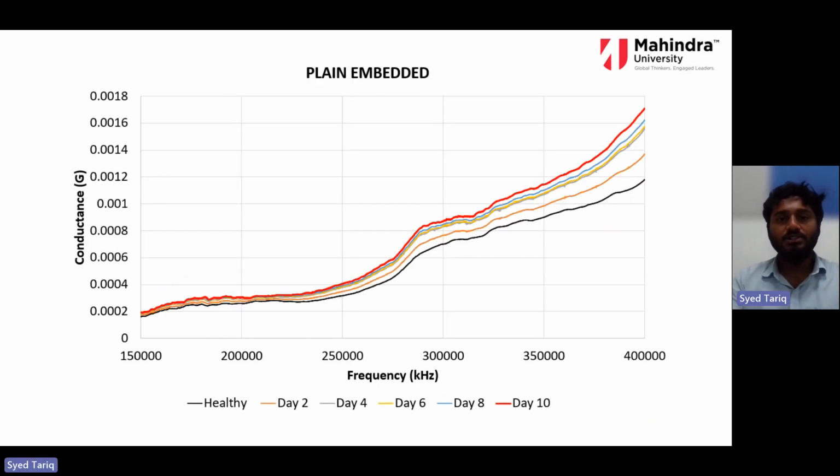These are the conductance signals, and for the plain embedded. From the accelerated bare bar, we can suggest that epoxy coated bars are much more corrosion resistant compared to plain and TMT steel. Still, we have to continue this project for another 90 days